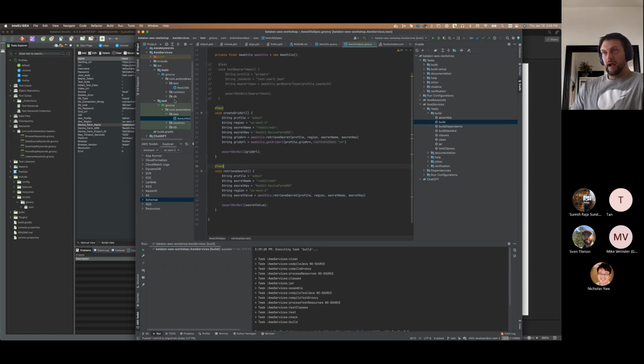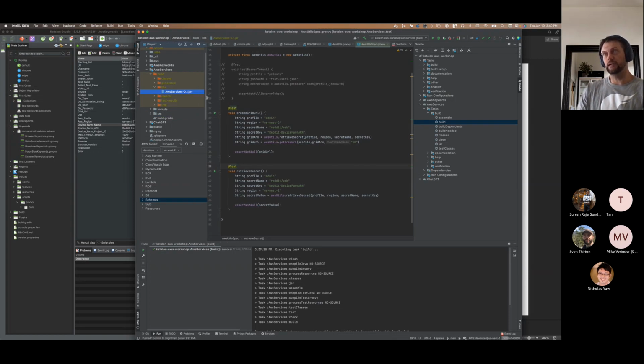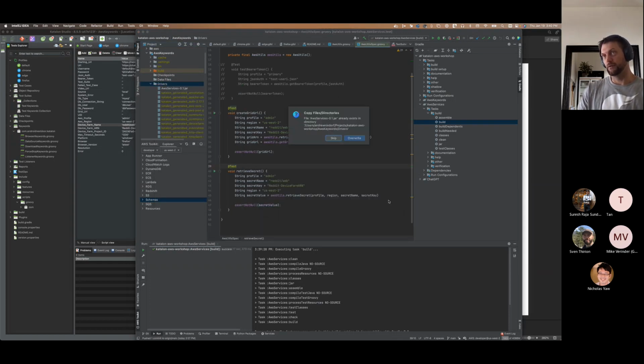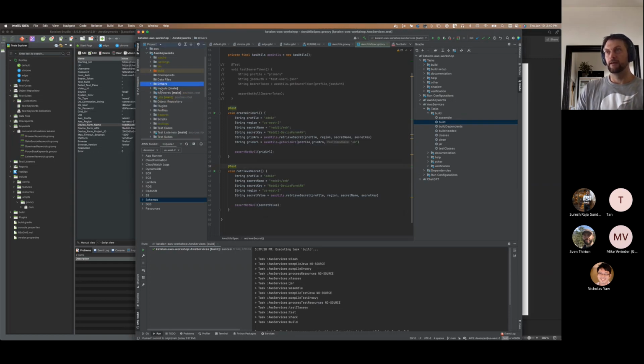So now I have this passing and I have an artifact that I can use in another project. Under libs, you'll see that I have this jar file right here. I would then take this jar file and put it into my Katalon project, over here in my drivers directory. If I had multiple projects and needed to get that AWS functionality into those projects,